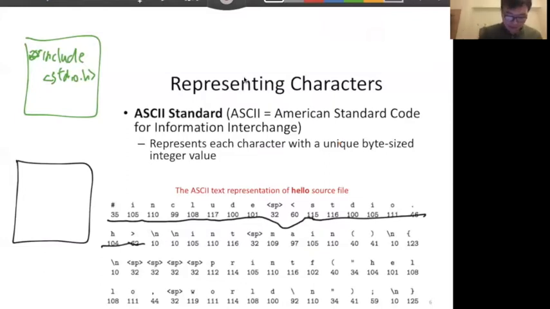So 8 bits represent 35. 8 bits represent 105. 8 bits, 110. So every one of these is 1 byte, 8 bits. Okay, so it uses this number to represent what you actually wrote. So when your machine tries to reduce your file, it still reads a whole bunch of 0 and